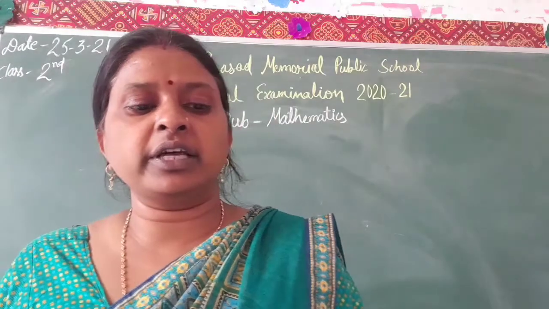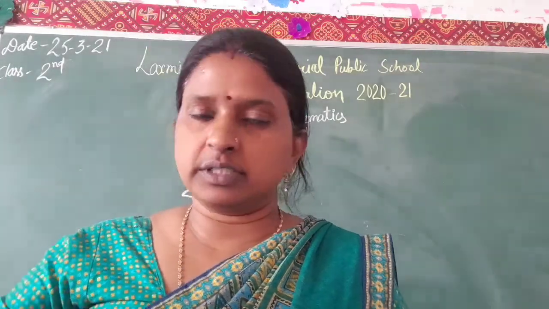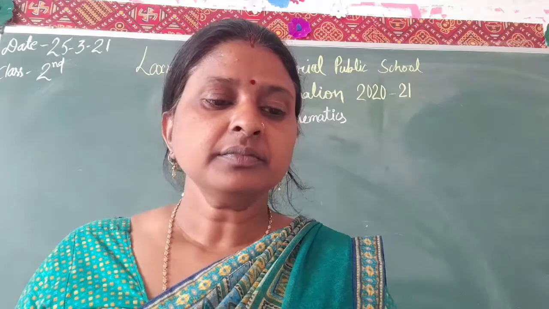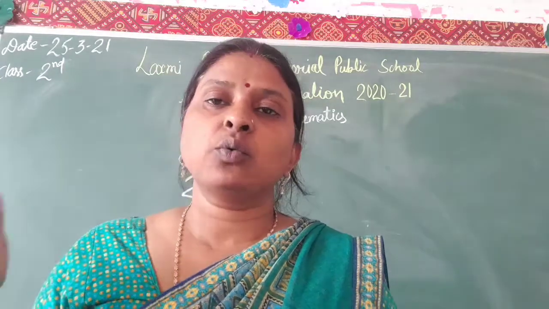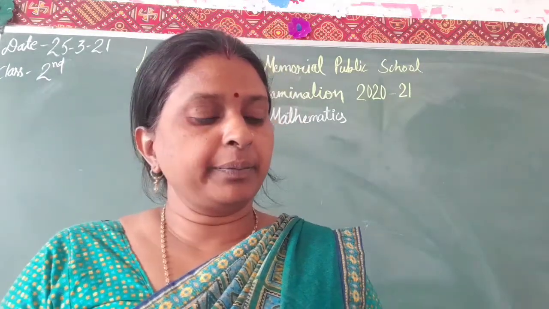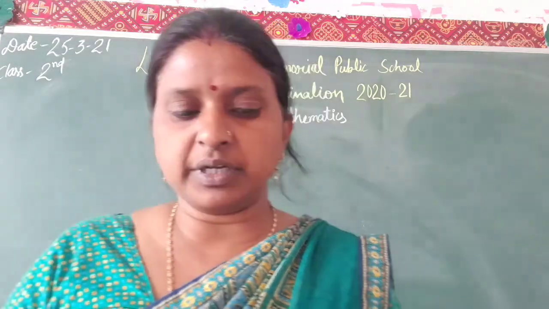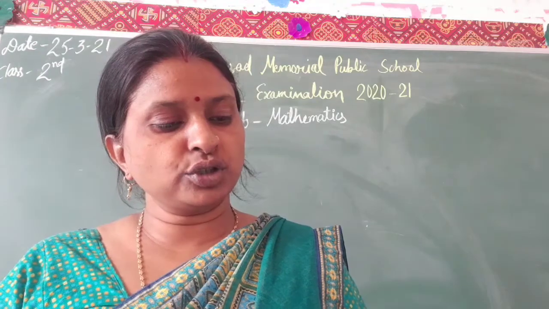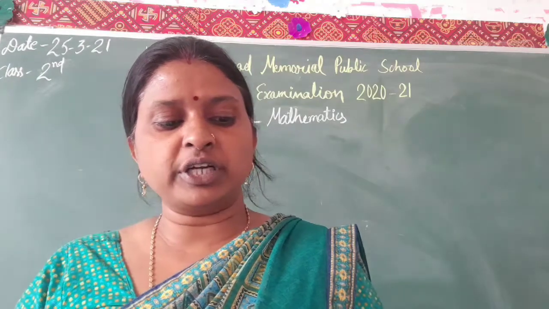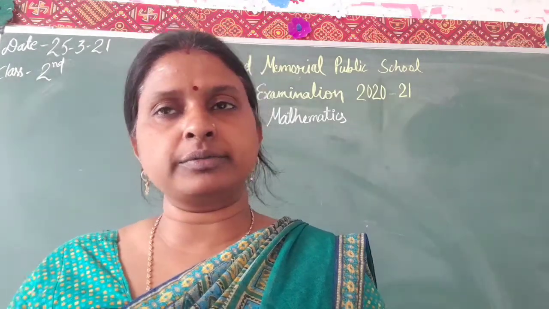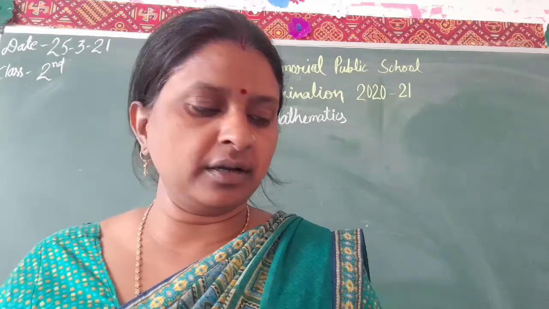And question number 4, there is a rectangle and you have to color its 1/3 part. And B question, write the fraction for each colored part. What is the fraction of these colored parts? And question number 16, make 4 solid shapes and color them. Draw any 4 shapes and color them.